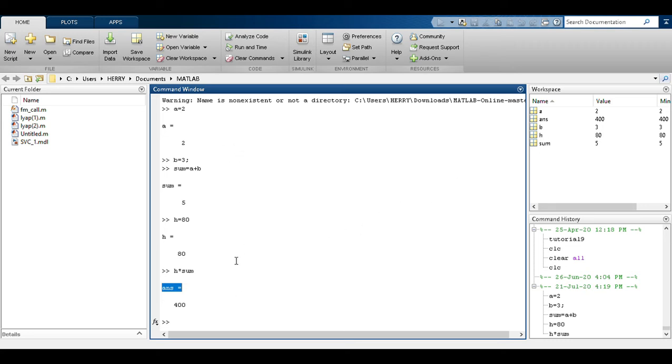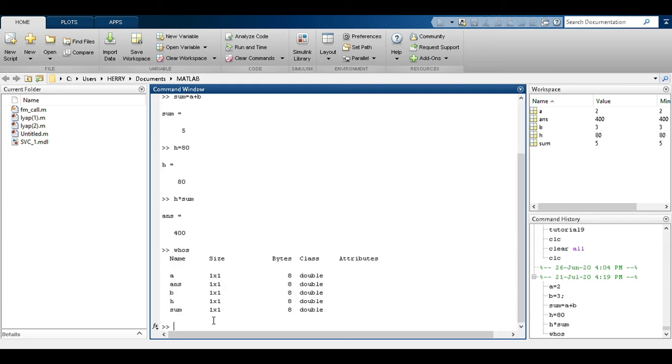Now let's say I am doing something else. Generally we use a command to find out the value of variables, that is whos. In the previous lecture we have seen that if I write whos in the command window and hit enter, it gives me the variables that are used in this command window.